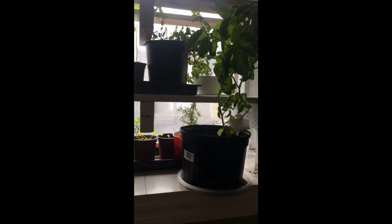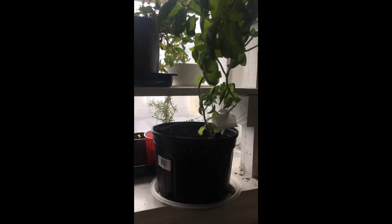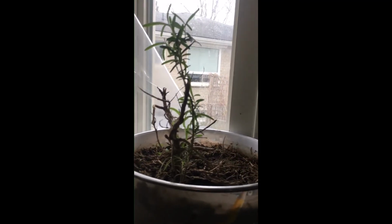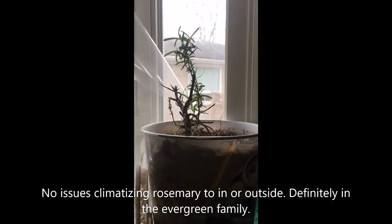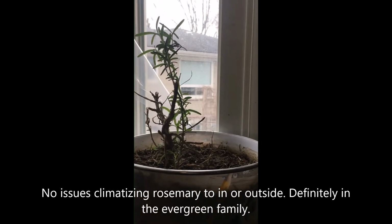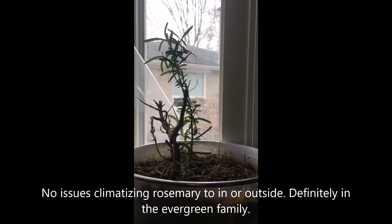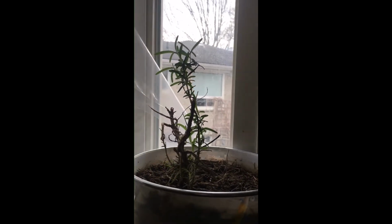So this is my bay window plant collection. This stuff all survived all winter. Here's some rosemary. Rosemary is really good with going in and out, back and forth. It's so hardy. It was big. I basically neglected it, let it die, trimmed. I've got to trim it down a little bit more, but it still survived. Its little baby sprout is up there,